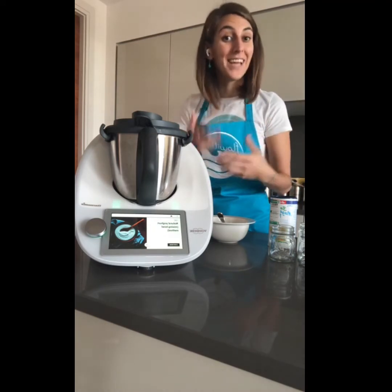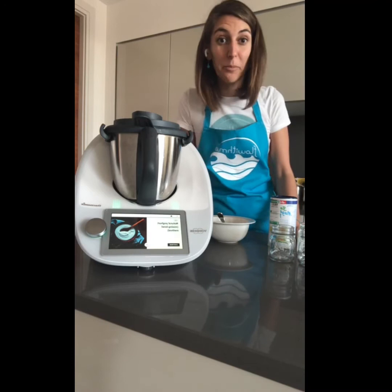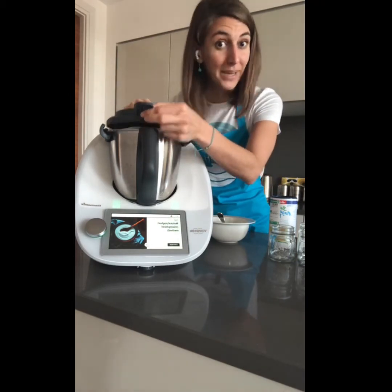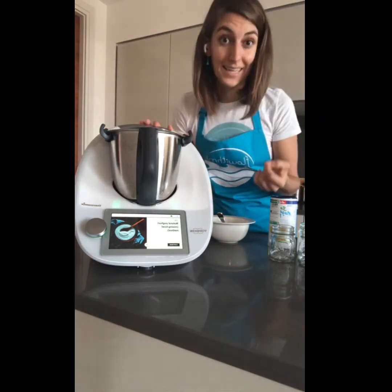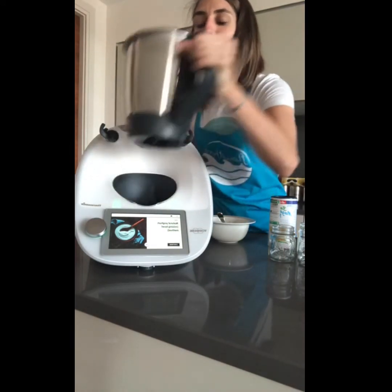So it would be like creating your first starter, the same way that we did with the sourdough bread a couple of weeks ago. So basically what I have done is I put all the ingredients in my Thermomix, I mix them, I heat up the milk, and then they were fermented at 40 degrees, which is the perfect temperature to get the bacteria working, for the last 8 hours. So while I was in bed, my Thermomix was making my yogurt,